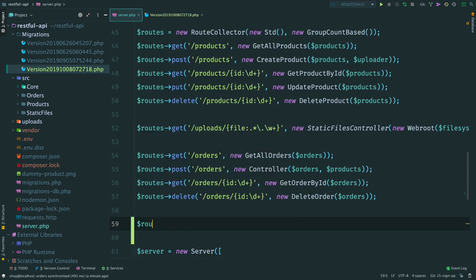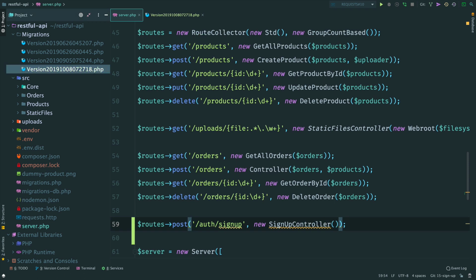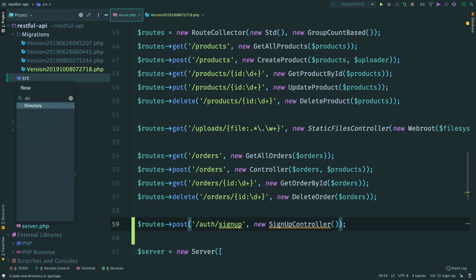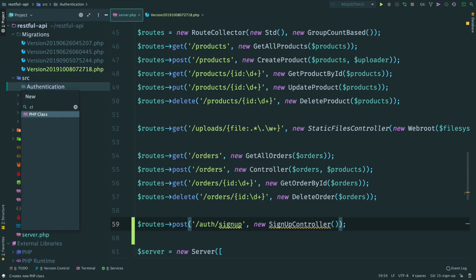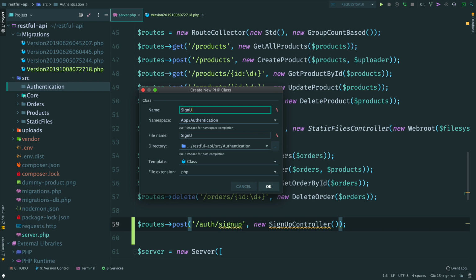Let's create our first route. It will be a post route to create a new user. auth/signup and the controller SignUpController. We create a separate namespace for authentication controllers. Let's name it Authentication. Inside create SignUpController.